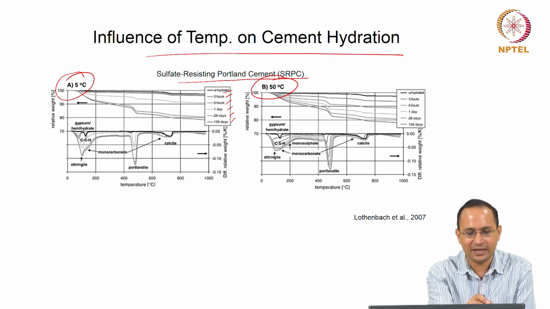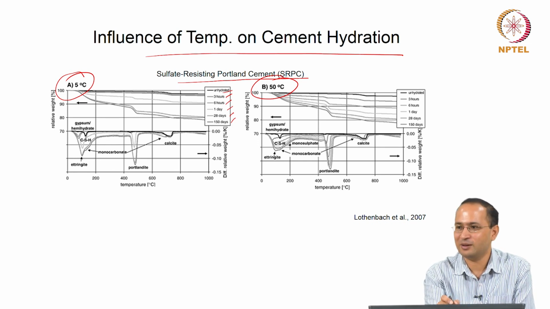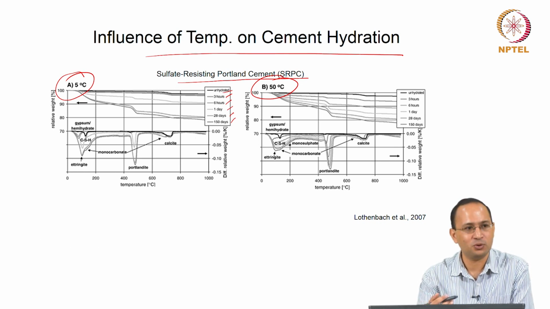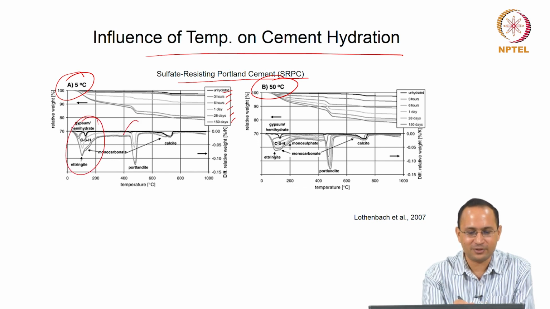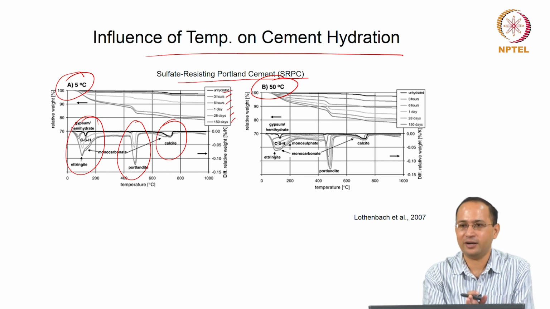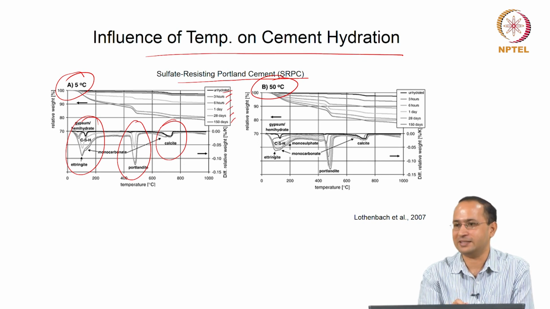So, you see that initially there is not much mass loss, but slowly you are seeing an increase in mass loss, right. Look at the legends, it is clear, because you are forming products, you are forming new phases. That is because of the decomposition of the new phases, right. So, again you see 3 big regimes. In Portland cement you will see these at around 150 degrees Celsius, that will be a region. Then you have Portlandite at around 450 degrees Celsius, then you have calcite at 700 degrees Celsius.